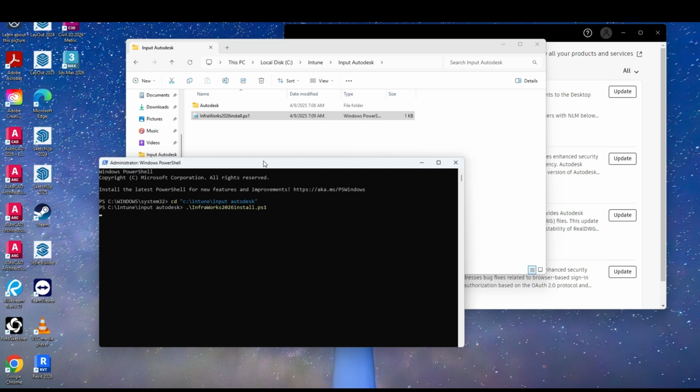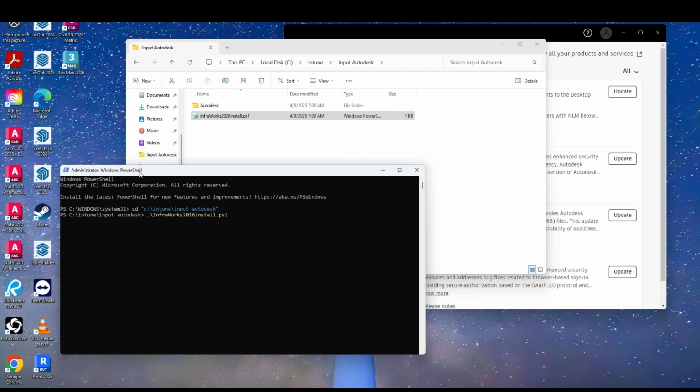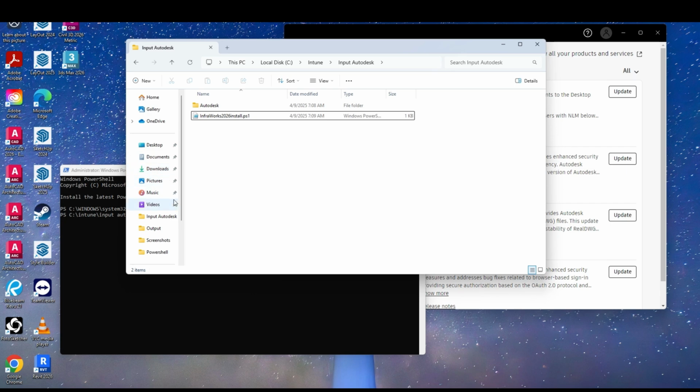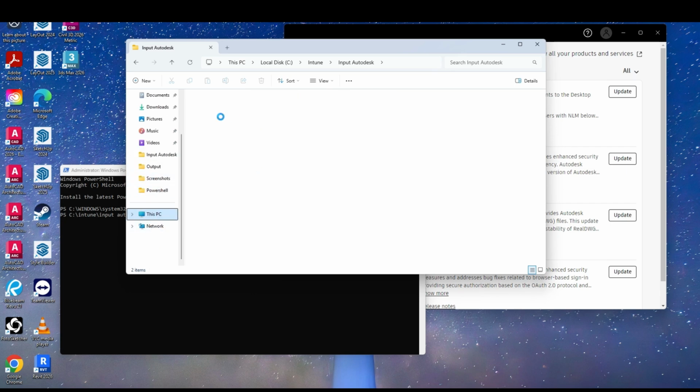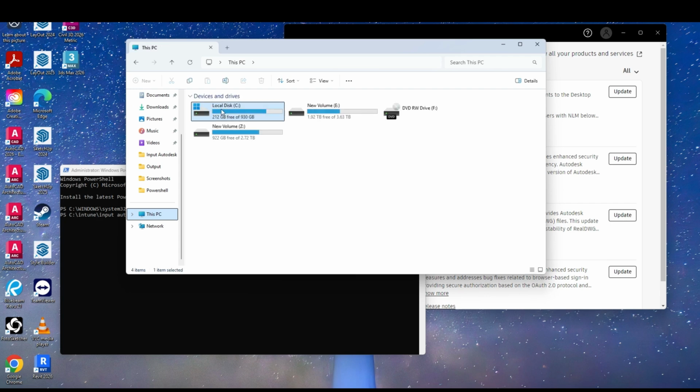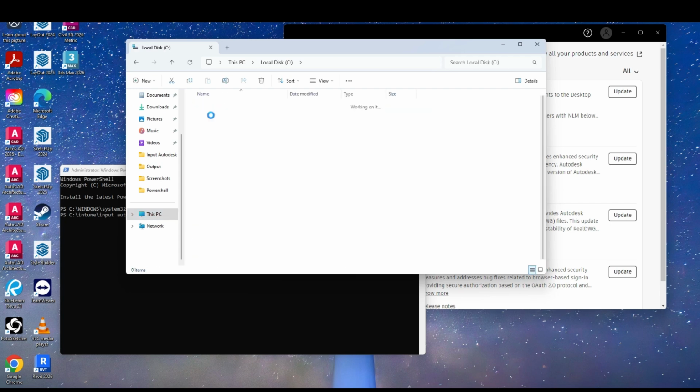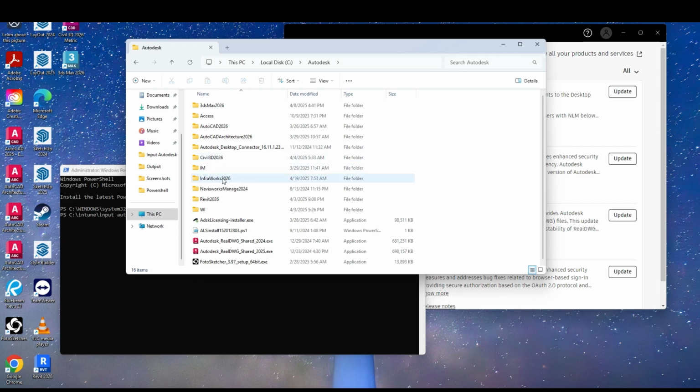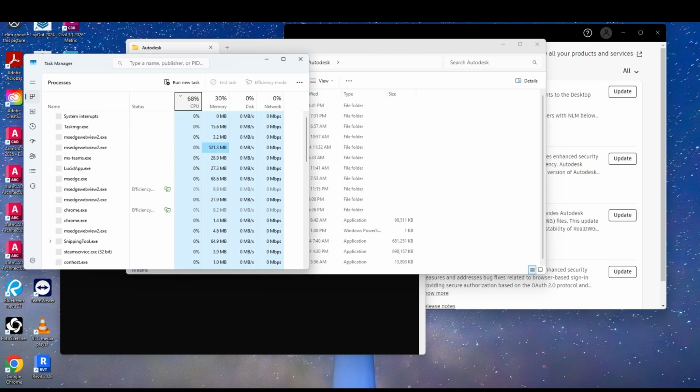We're gonna let that install go. As you know, and as I've said, because the first line of our thing is to copy this into that C Autodesk folder, that's going to happen first. We're going to see that kind of show up. My computer does not want to be slow. So you'll see it. There's our InfraWorks install folder. So it's already copying over, and we'll start to notice in Task Manager